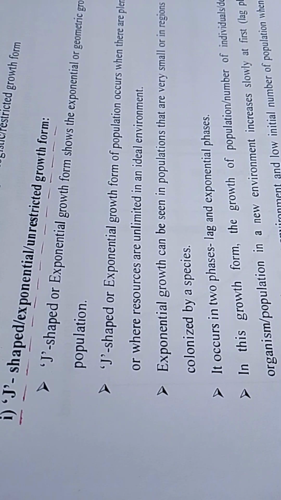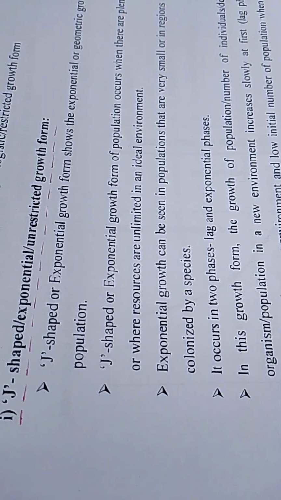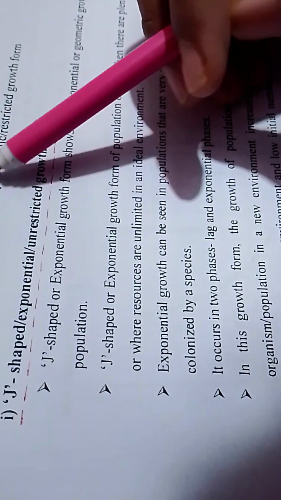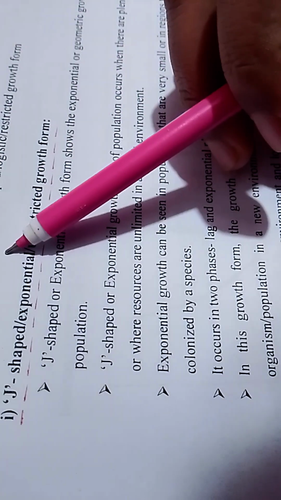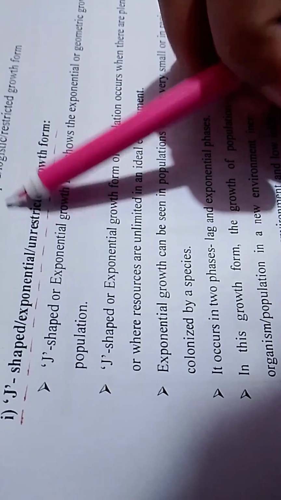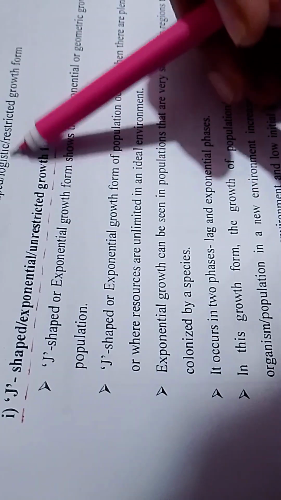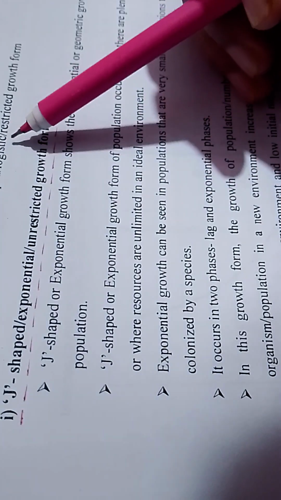Type of growth form. There are two types of population growth forms: J-shaped exponential or unrestricted growth form, and S-shaped sigmoid shaped logistic restricted growth form. J-shape অথবা এক্সপোনেনশিয়াল অথবা জে শেপ, এটা হলো এক্সপোনেনশিয়াল মানে বাড়তে থাকে, সমানুপাতিক বলা যায়, আনরেস্ট্রিক্টেড গ্রোথ ফর্ম। আর এস শেপ হচ্ছে সিগময়েড শেপড লজিস্টিক অথবা লজিকের উপর ডিপেন্ড করে সিগময়েড শেপ রেস্ট্রিক্টেড গ্রোথ ফর্ম।